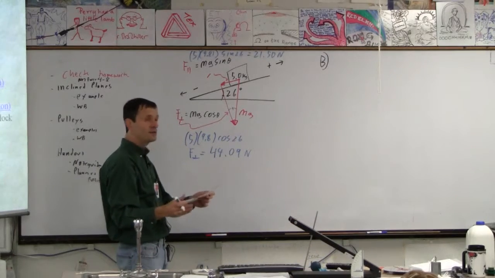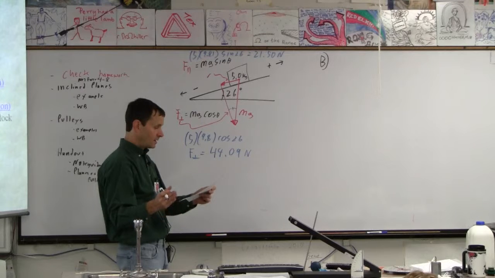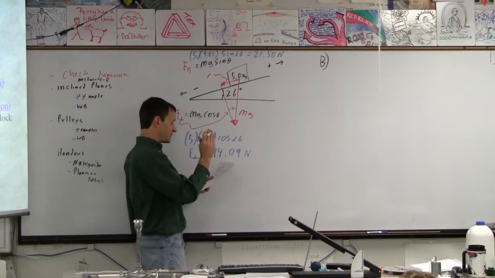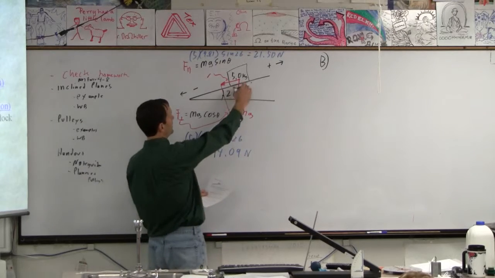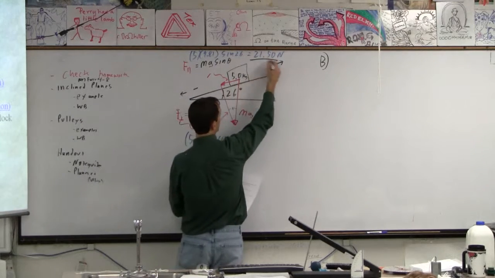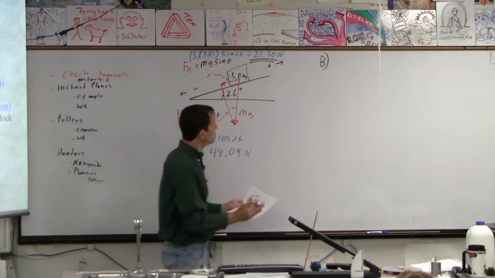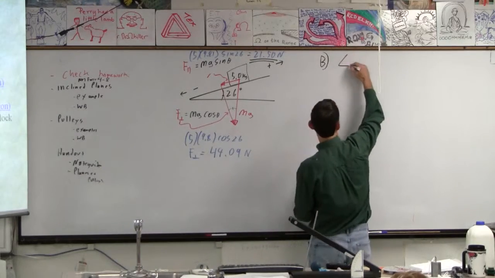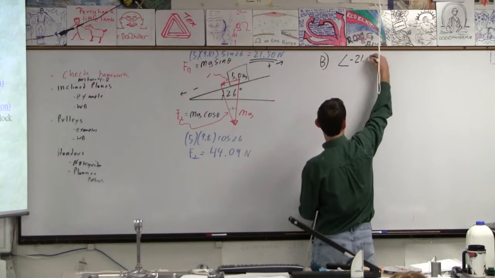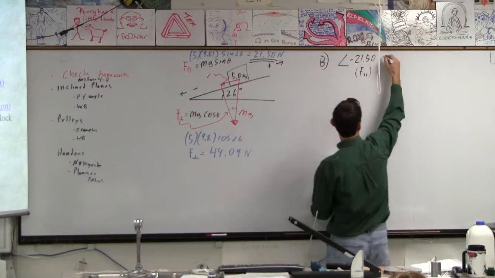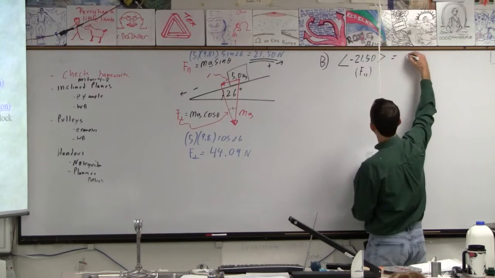Okay, so here's what we do. For this problem, if it's a frictionless plane, right? The only force acting along the plane is that force, correct? And there is no other force. Okay? So we just write it like this. The only force is 21.50. That's the parallel force, right? And that equals 5 times